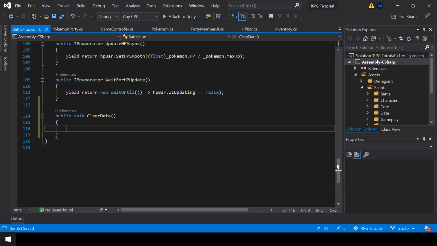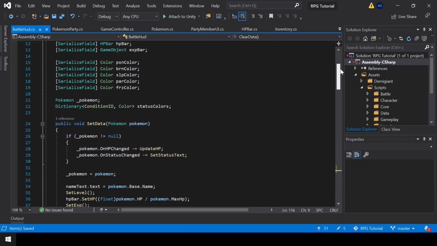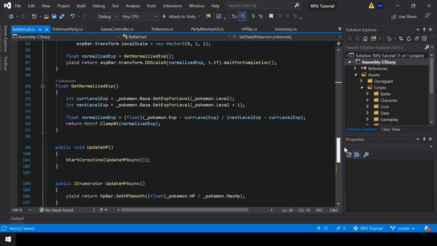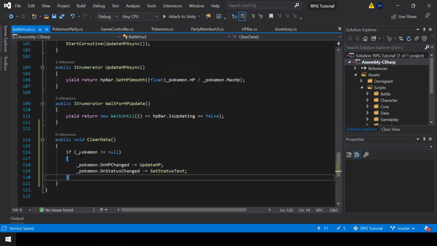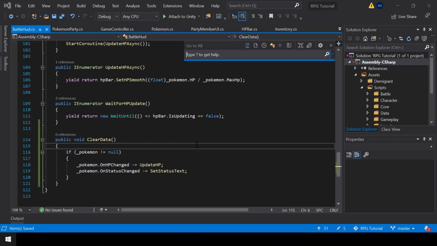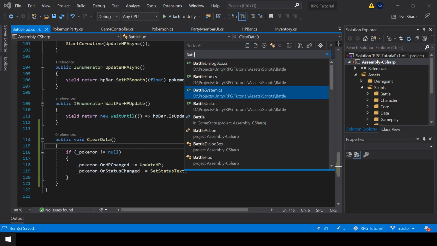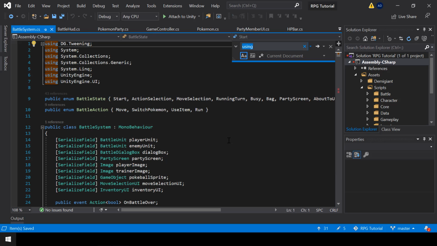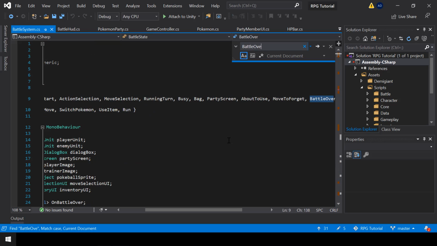Okay, and in this function, I'll put the code to unsubscribe to any events that we are currently subscribed to. Okay, and then we can simply call this function when the battle ends. So I'll go to my battle system script and I'll search for battle over function.